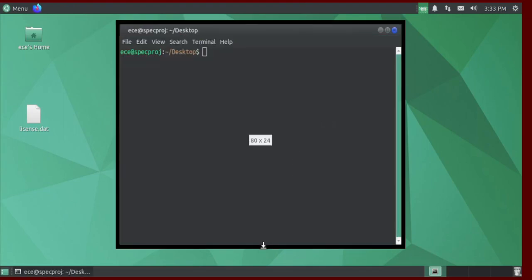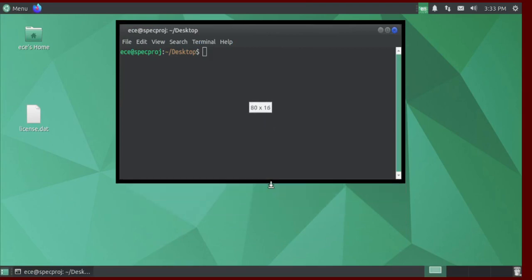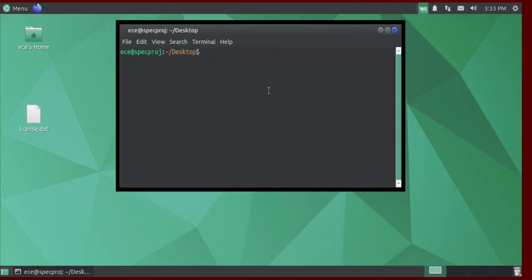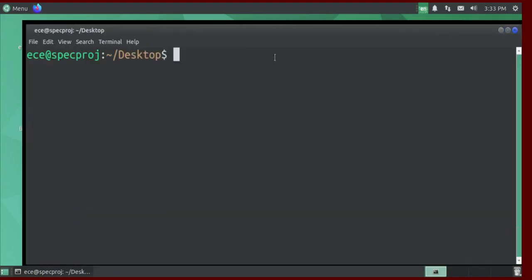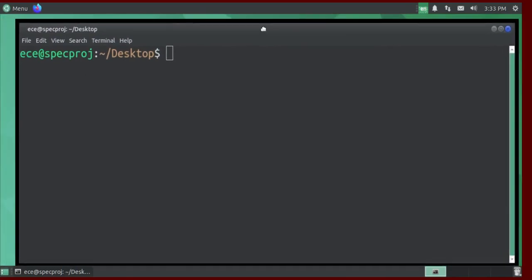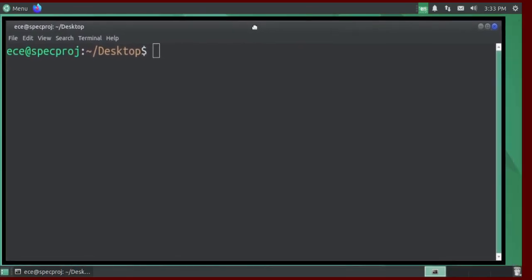So I'm going to make this text a little bit bigger, so I'm going to scrunch this screen down, and I'm going to hold down the control and the shift, and I'm going to hit the plus sign a couple of times. Okay, and move that around so it fits. Perfect. What we'll do now is we're going to take a look at some directories and discuss how things are